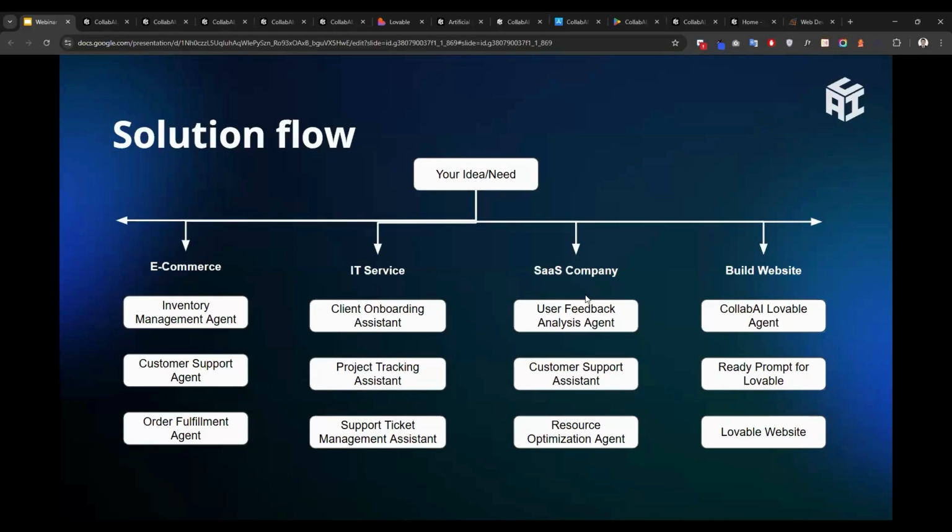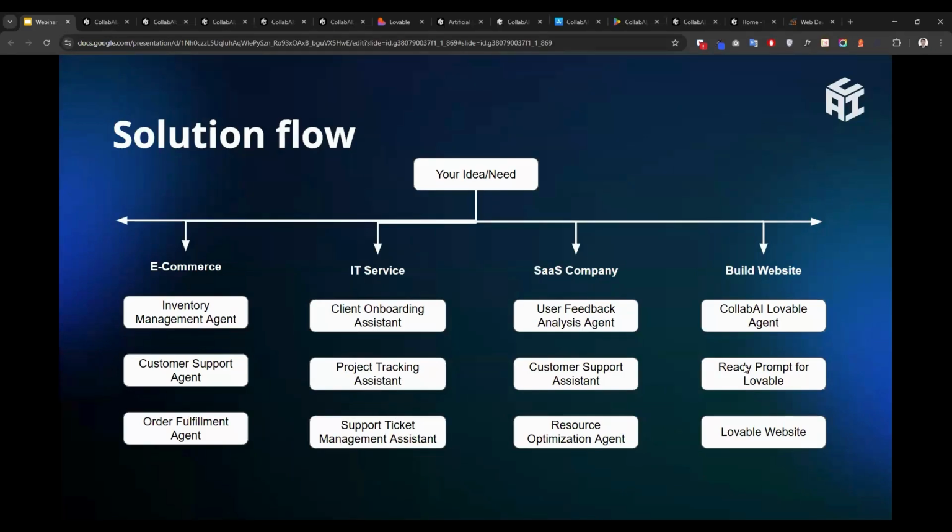If you are a SaaS company, you are mostly dependent on customer feedback. So we have an assistant that analyzes all the customer feedback and gives you properly customized data on what you need to work on right now.